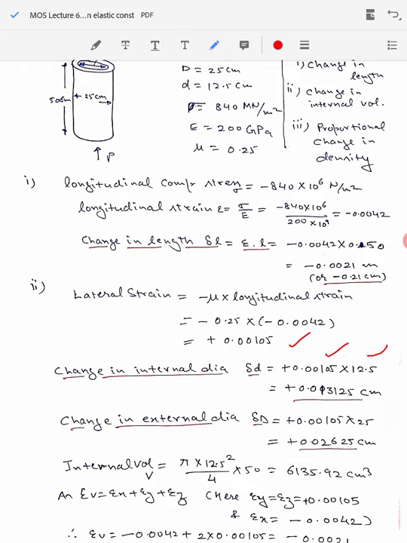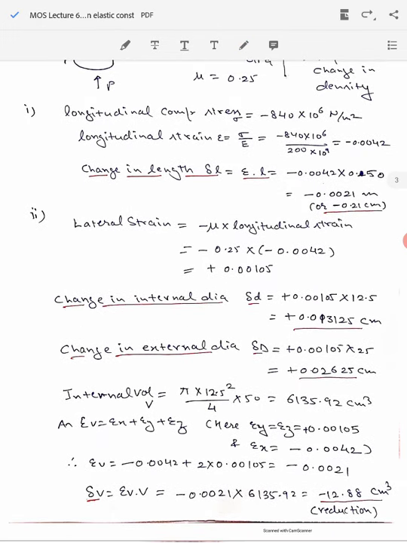the internal diameter of the cylinder. So that is 12.5. So you calculate the change in the internal diameter. You can also similarly calculate the change in the external diameter by multiplying the lateral strain with the external diameter value, that is 25 centimeter. You can calculate the internal volume, the initial volume, before the compressive load is applied, that is pi by 4 d square L. So initial diameter was 12.5 centimeter. So you can calculate this value from here. And now